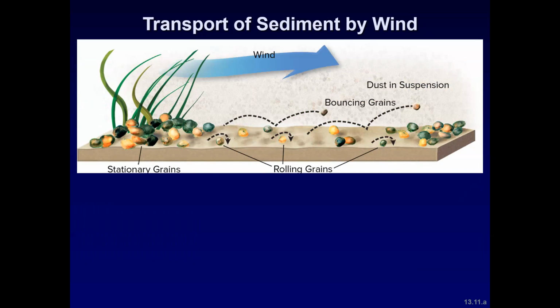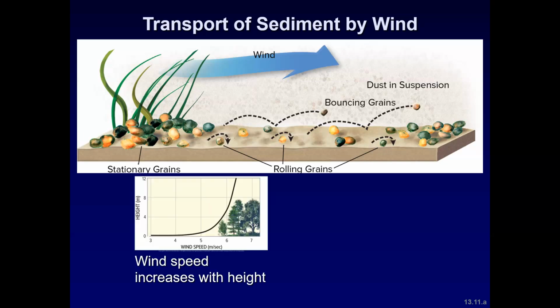Can't think about all this without thinking about sediment and sediment transport. We'll look at how wind transports sediment and other materials. Most materials on the Earth's surface are too heavy or too attached to the Earth's surface for the wind to move them. But sand grains can be picked up by strong winds. The grain is then launched and then it falls down, sometimes skipping along the ground. A process called saltation.